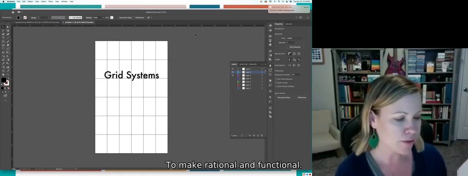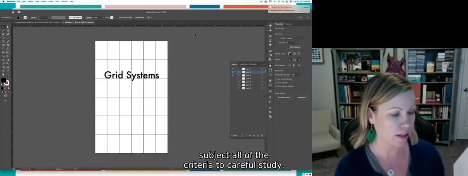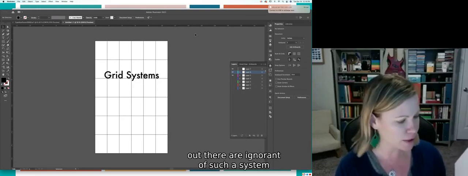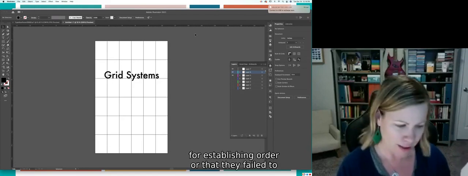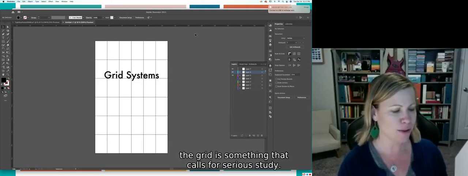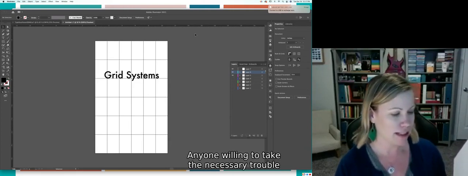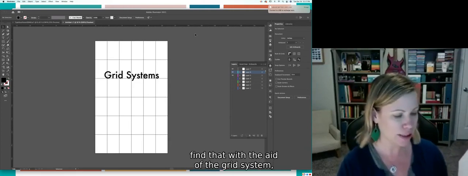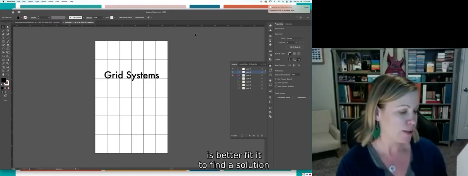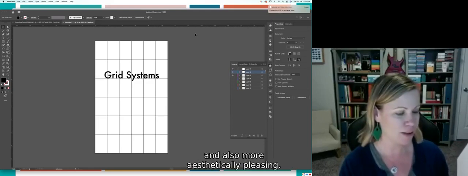To make rational and functional, use the grid. The designer must subject all of the criteria to careful study. The fact that the great majority of designers out there are ignorant of such a system for establishing order, or that they fail to understand and therefore do not use it properly, may be taken as a sign that the use of the grid is something that calls for serious study. Anyone willing to take the necessary trouble will find that, with the aid of the grid system, he or she is better fitted to find a solution to his or her design problem, which is functional, logical, and also more